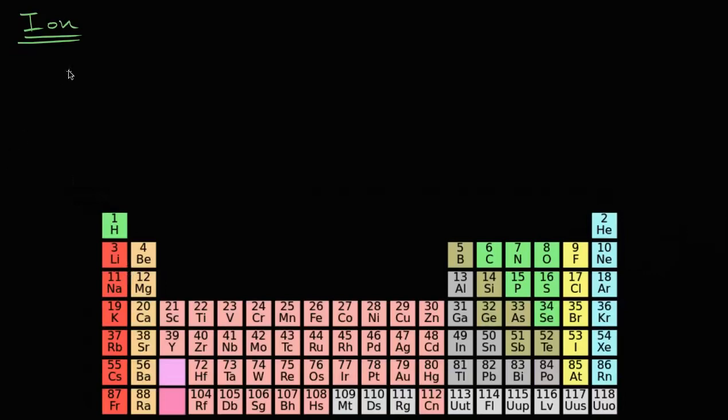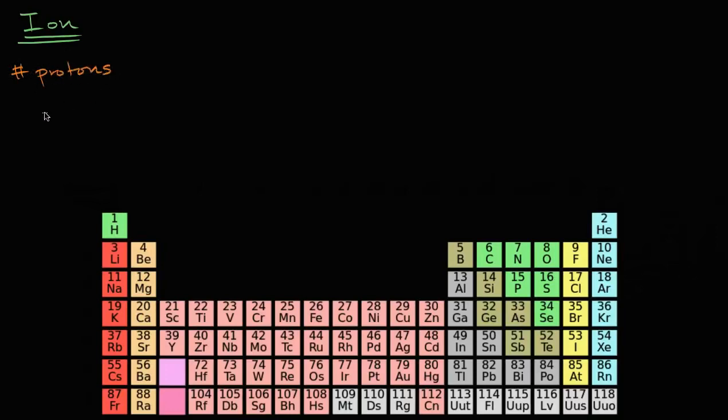So an ion is just an atom or a molecule that has charge. And it'll have charge if the protons are not equal to the electrons. Neutrons are obviously also a constituent of atoms, but neutrons are neutral. What you're going to get your charge from are your protons and your electrons. So you're going to have a net charge if your number of